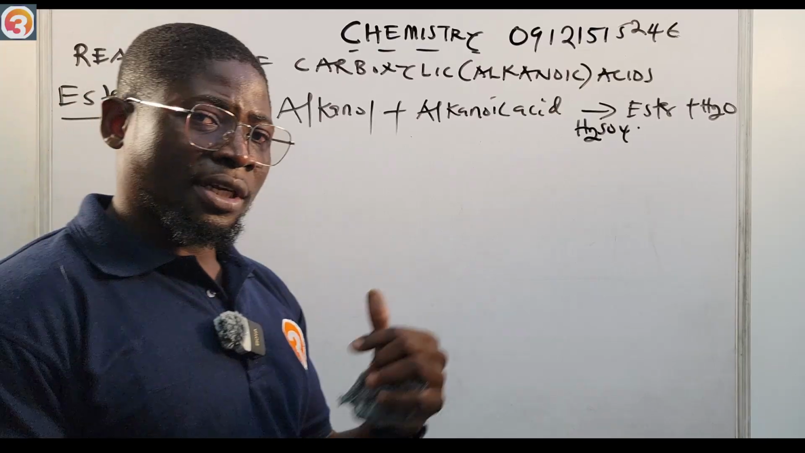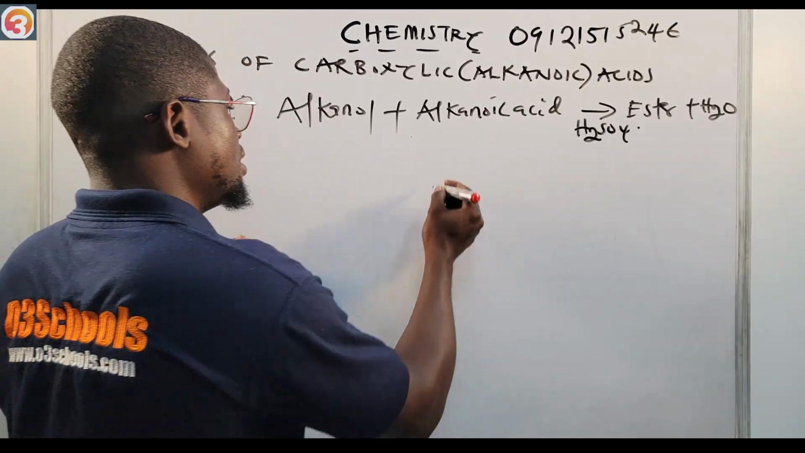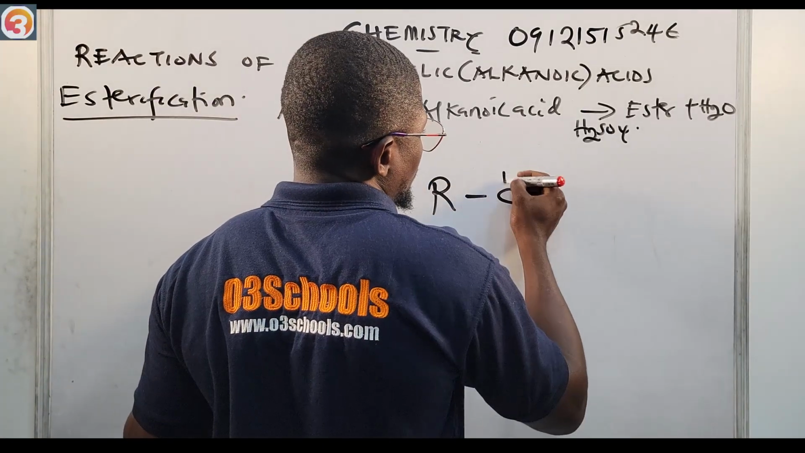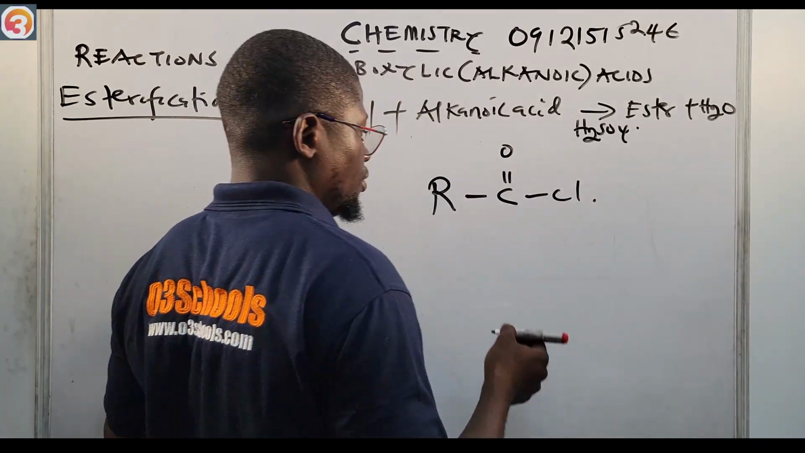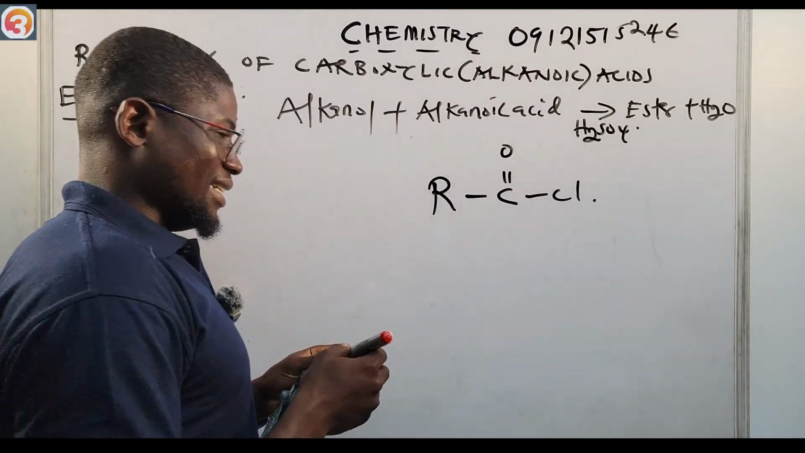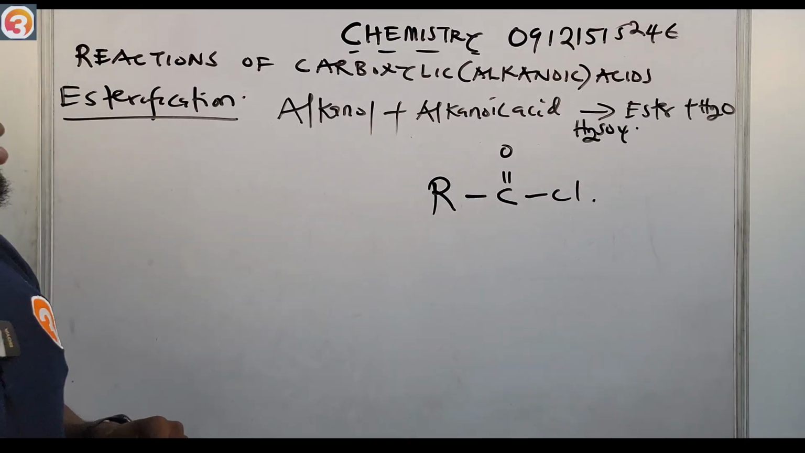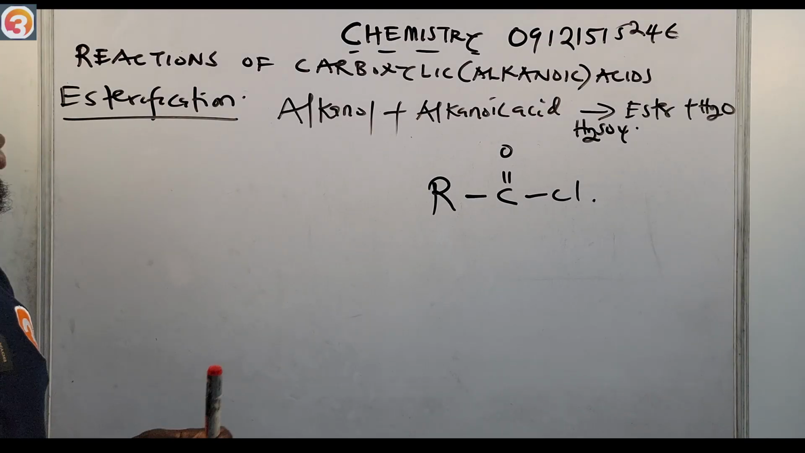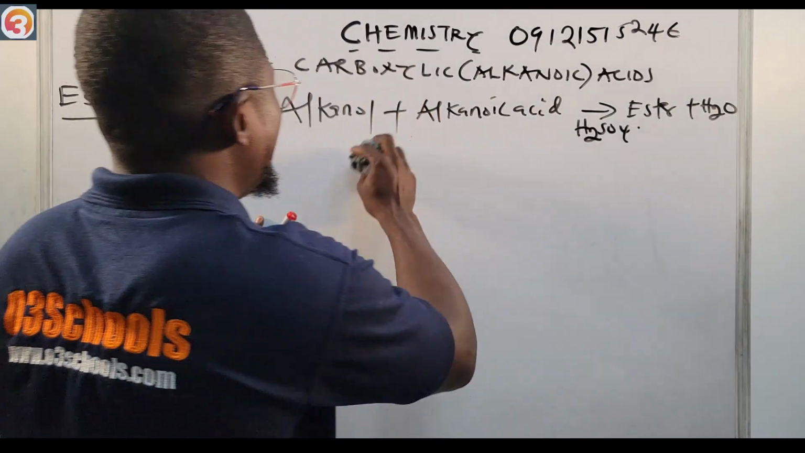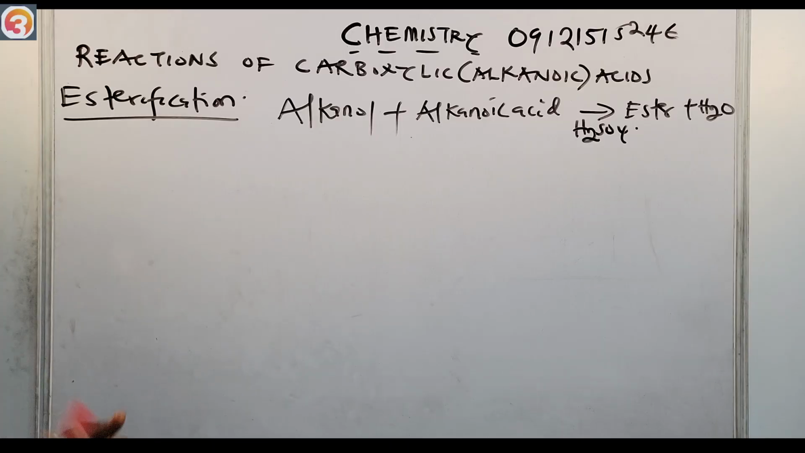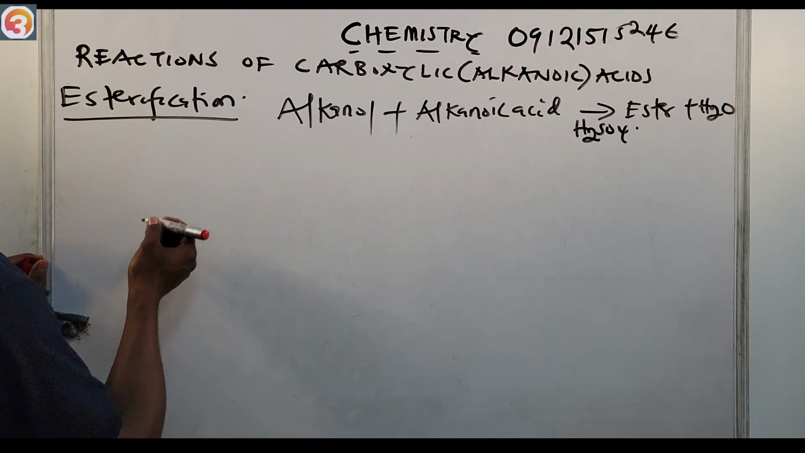Maybe we'll chip them in as we continue, but that's the functional group: C double bond O, then Cl. These are the acyl chlorides. Okay, so let us continue. So now this is esterification: an alkanol plus alkanoic acid to give what? Ester plus water. So an alkanoic acid like